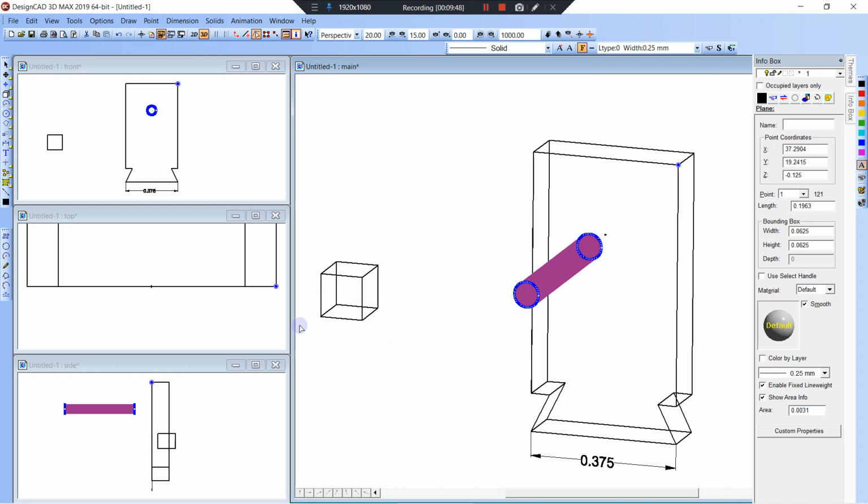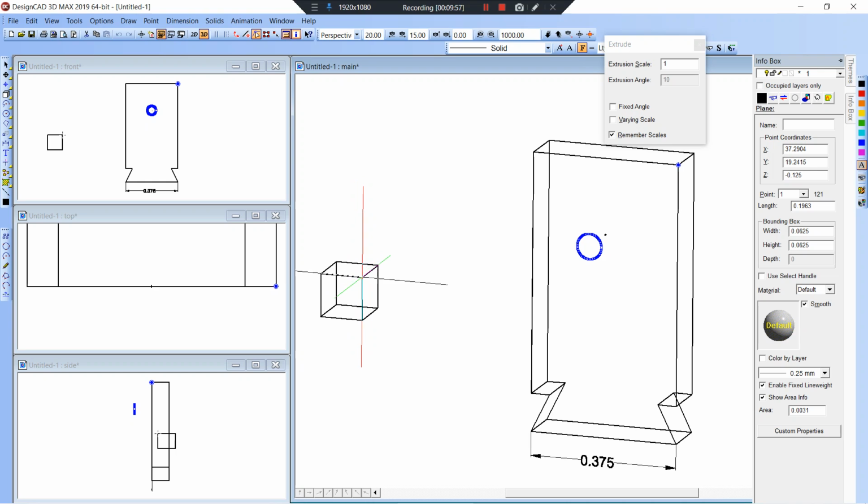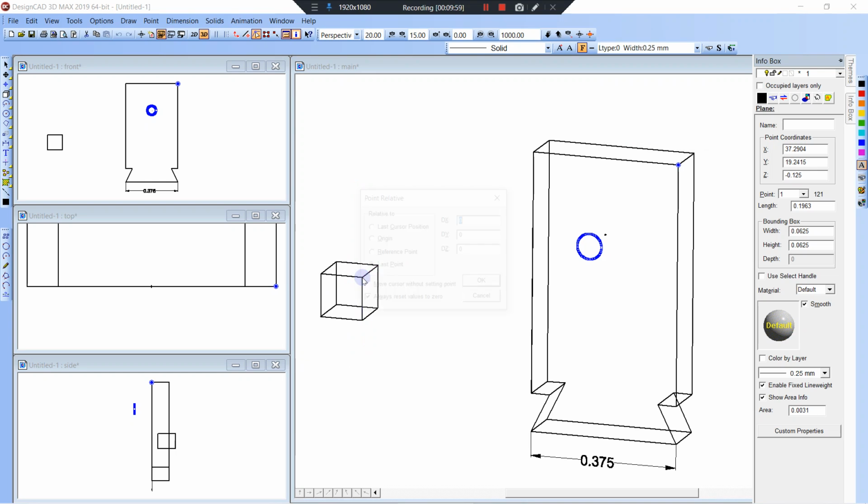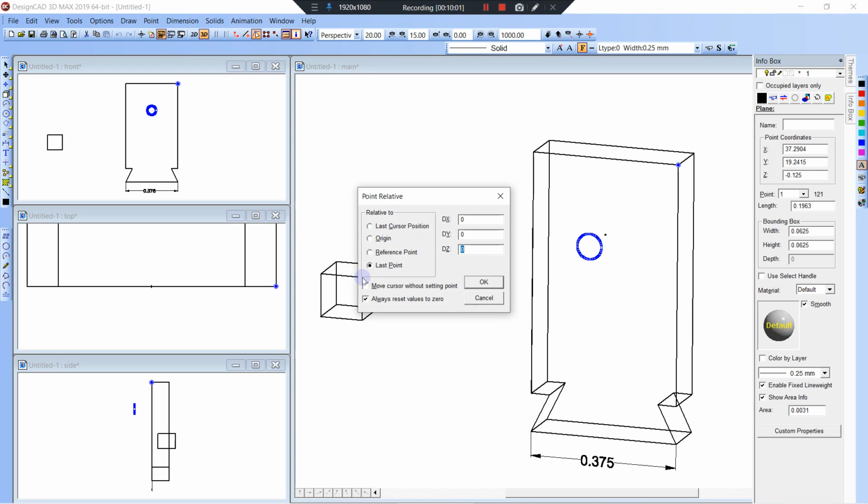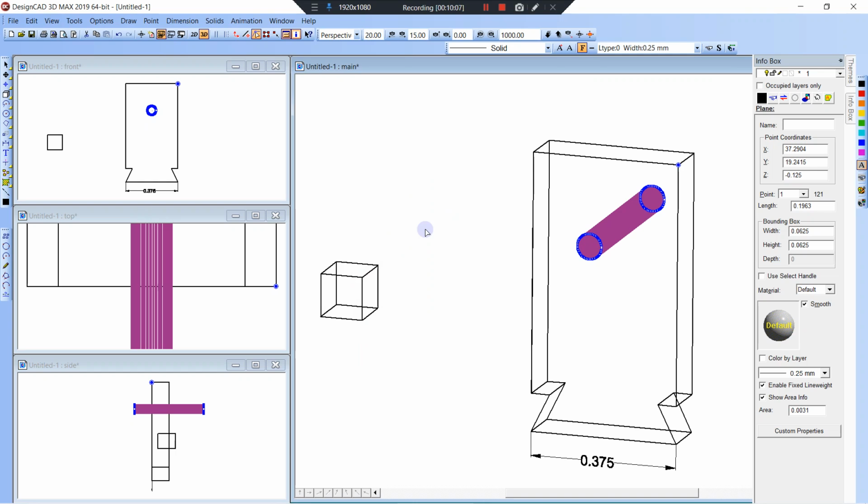Oh, wrong way. Control Z. I haven't done 3D in a while, so let's do that again. F3, extrude, right here, point relative, tab, positive, 0.5. Enter,